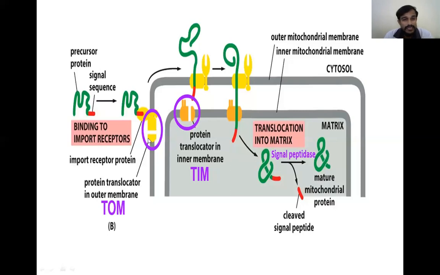Here you can see the protein translocator which is present on the outer membrane, and here also you can see, and this is the protein translocator which is present on the inner mitochondrial membrane. These will selectively send the newly synthesized protein into the organelle which has a specific function in this organelle. Okay, so this is known as transmembrane transport, which occurs mostly in mitochondria and endoplasmic reticulum.